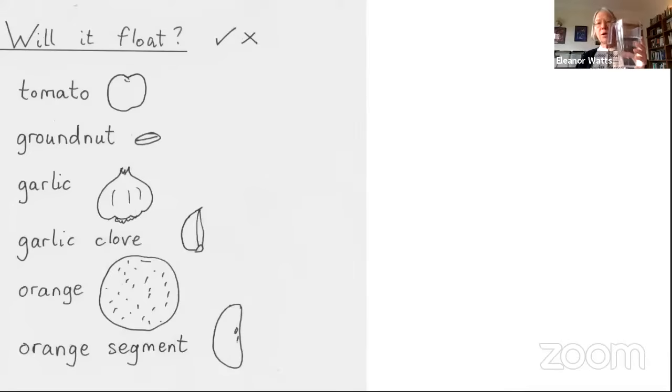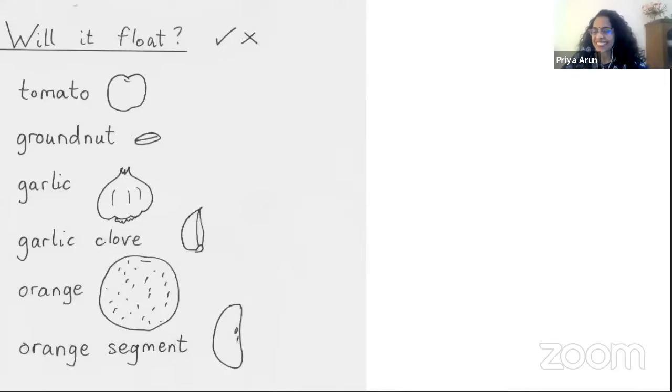I'm not going to ask you each time, because we're running a little late, what you think's going to happen. But just can I have everybody make sure you know what you think's going to happen. Here's the garlic. And it floats. So I can see that Anjana, Smita and Priya are all looking rather pleased with themselves. So I guess that's what they thought.